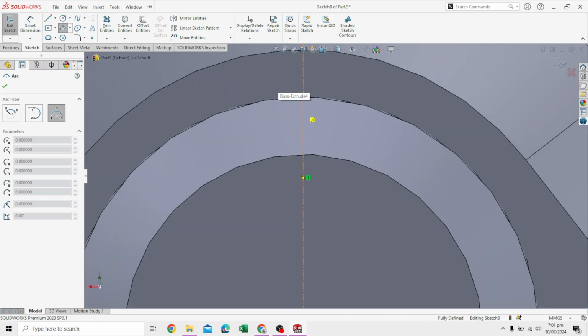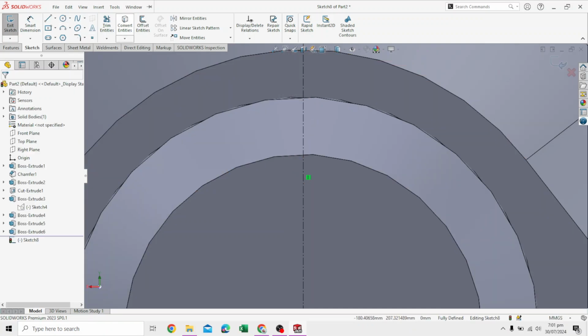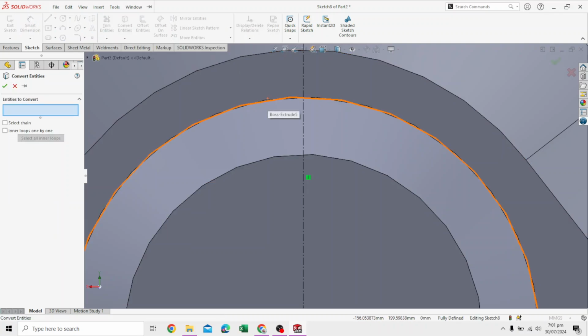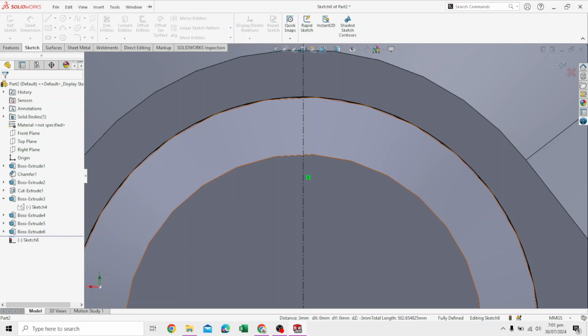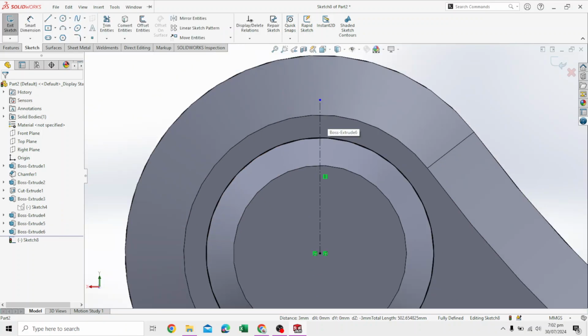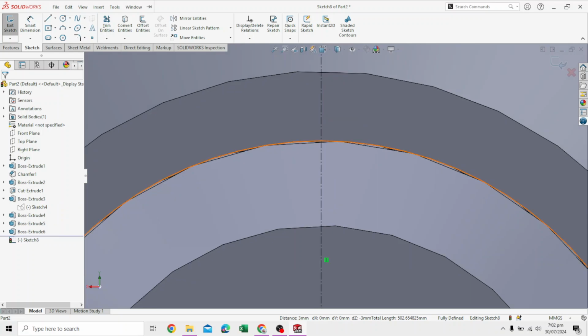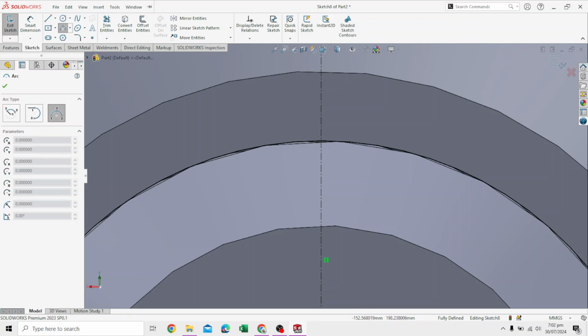and in the 3-point arc, first, before taking the 3-point arc, I think we need to first take this line and use the convert entities command so that we can have something for the curve to collide with, basically. And we take the 3-point arc and draw an arc from here to here,